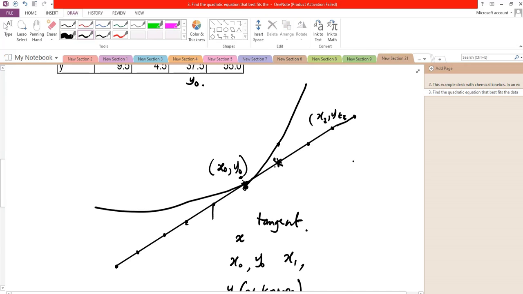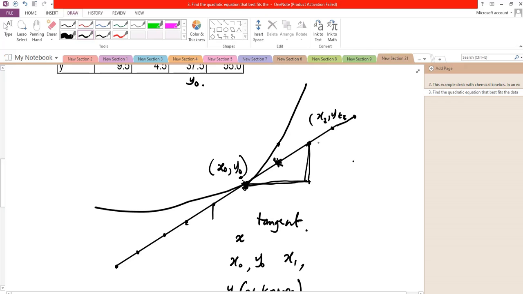Now from here to here is just one step. So now for two steps, let's see what the formula looks like from here to here. Now from here to here, the slope,